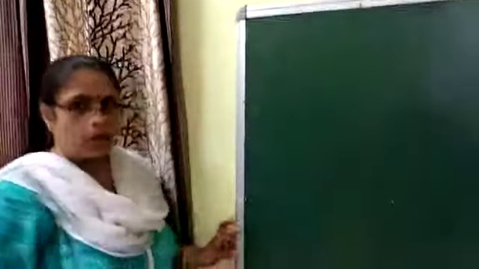Now, today we have learned the relation between sum of zeros and product of zeros for a quadratic polynomial, and for a cubic polynomial, the relationship between sum of zeros, sum of product of zeros taken two at a time, and product of zeros by the formula.